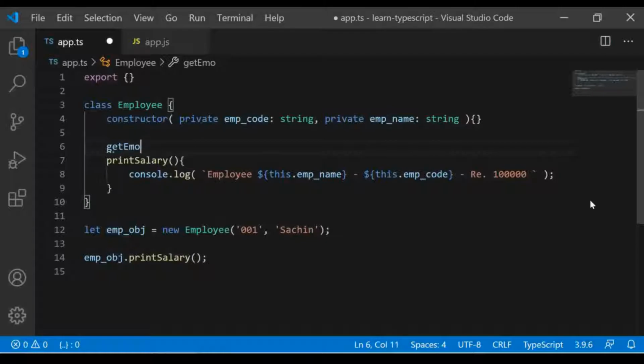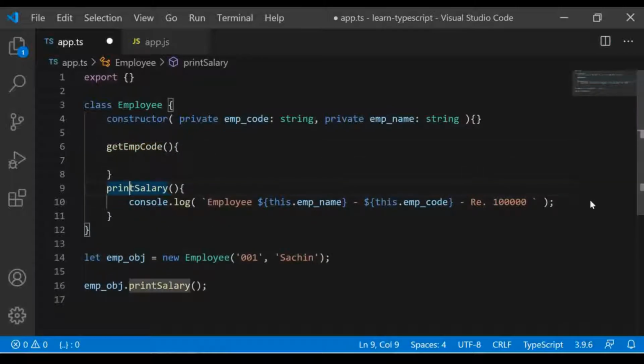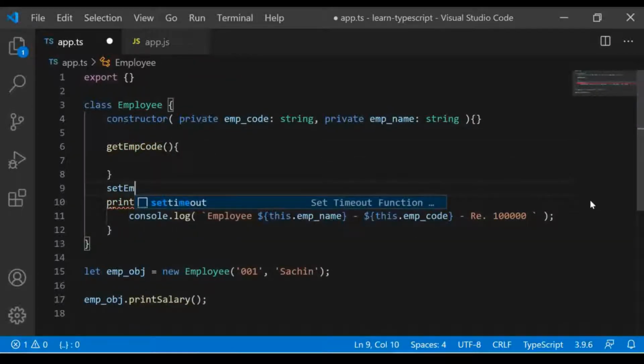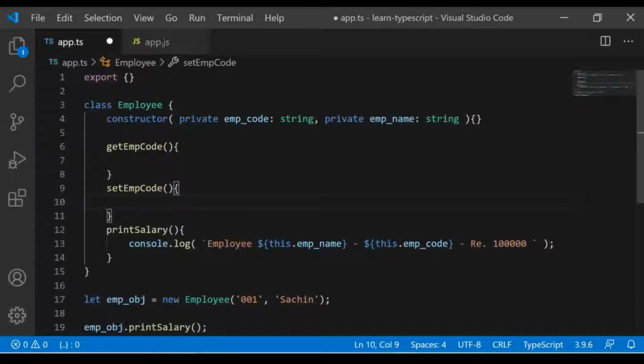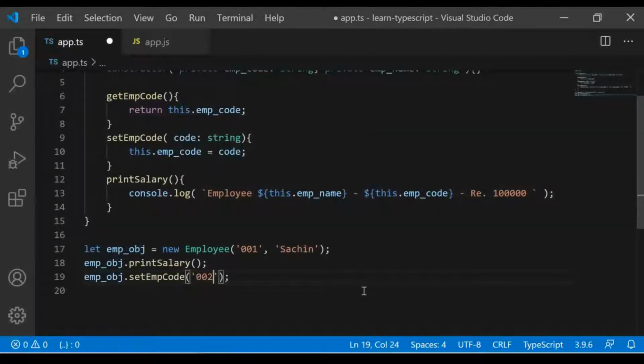Okay, we can write get emp code or employee object dot set emp code, and let's pass this value called 002.